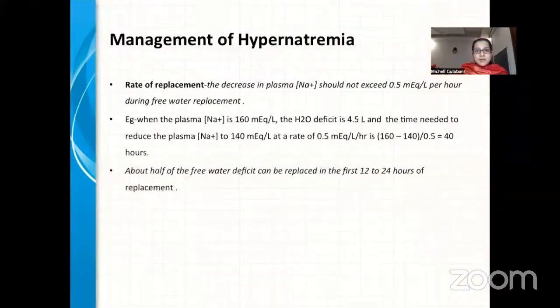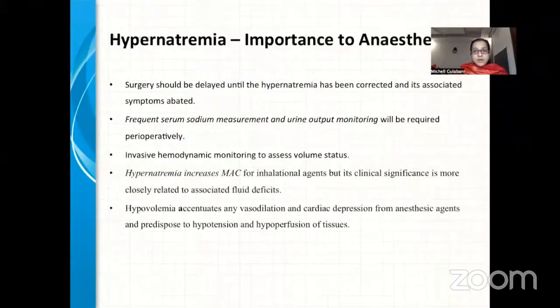Now the rate of replacement: the decrease in plasma sodium should not exceed 0.5 milliequivalents per liter per hour for free water replacement. About half the free water can be replaced in the first 12 to 24 hours of replacement. The importance to the anesthetist for hypernatremia: the surgery should be delayed until hypernatremia has been corrected and its associated